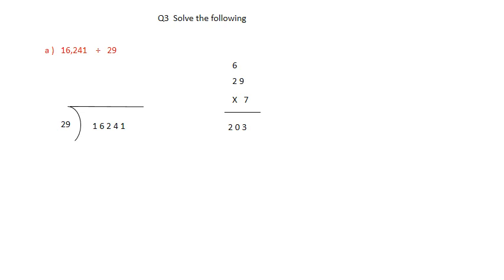Now if you see, when you multiply 29 by 7, you get 203. 203 is a very big number, so we cannot take 7s. We'll take 6. If you do 29 times 6, you get 174. Again 174 is more than 162. So we'll try 5s. When we multiply by 5, you get 145. Yes, 145 is less than 162, so we can multiply this 29 by 5. We'll write down here 5s are 145.